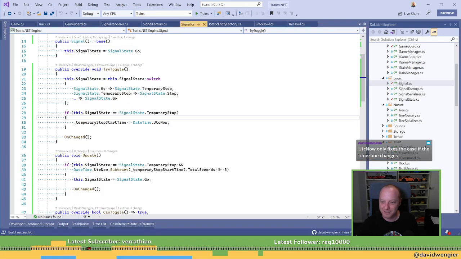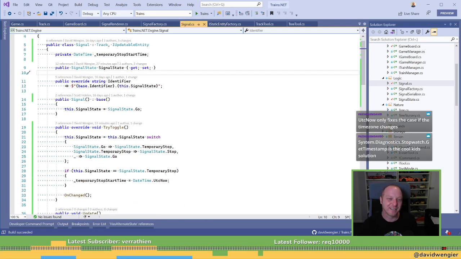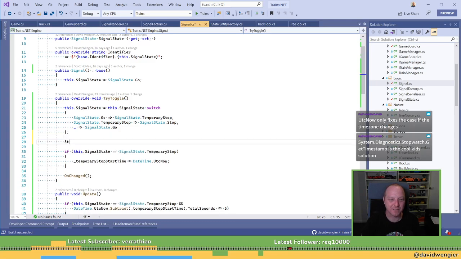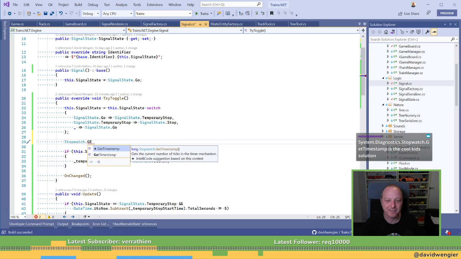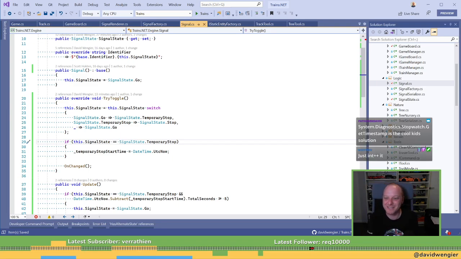All right, let's... Only fixes the case if times and changes. Well, if your system clock changes while the game is running. Oh, hang on. This is serialized. Should we serialize? Wait. Hang on a minute. What? There's a get timestamp method on stopwatch? I did not know that. That's very cool. Wait, but that still won't. If your system clock changes, stopwatch is still going to...